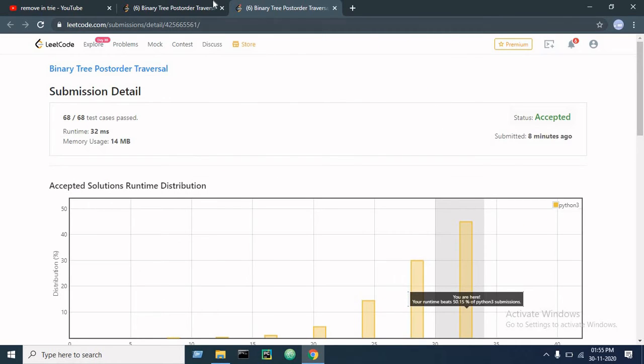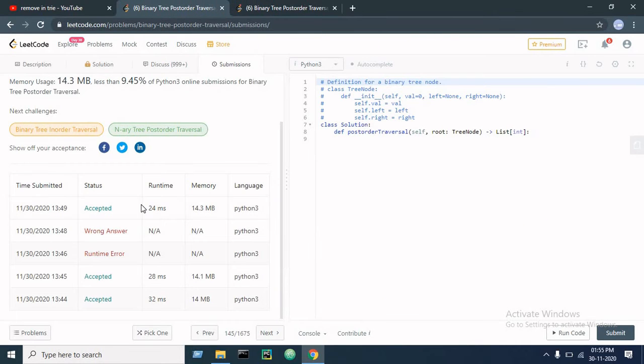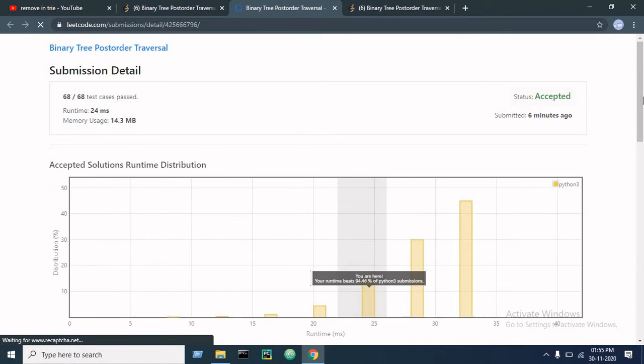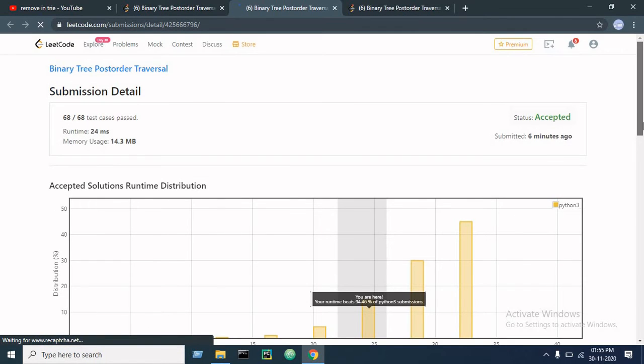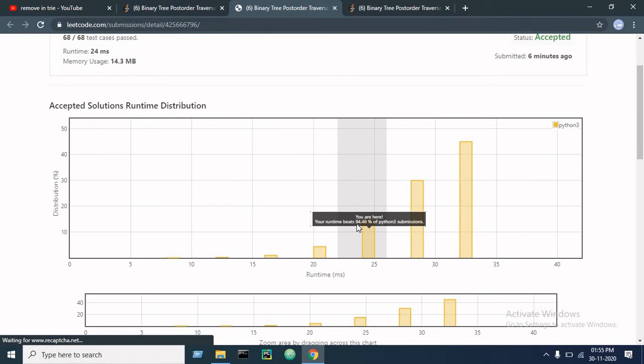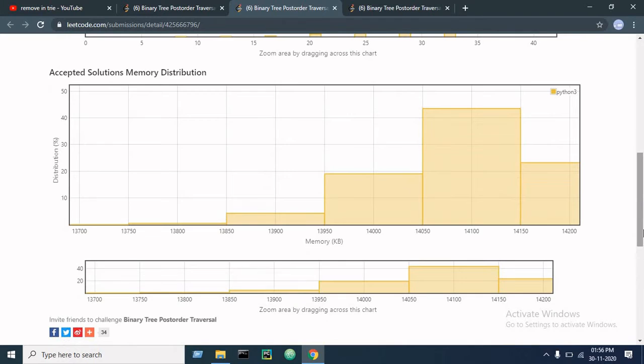Now let's see the other one which takes only 24 milliseconds. In this it was 94% runtime, and you can see here.